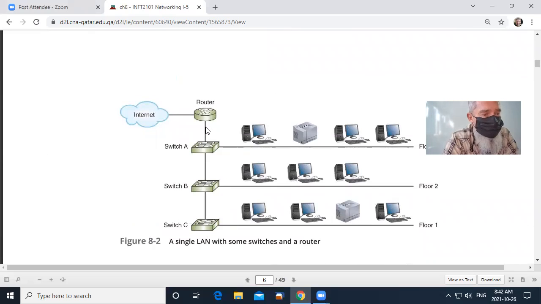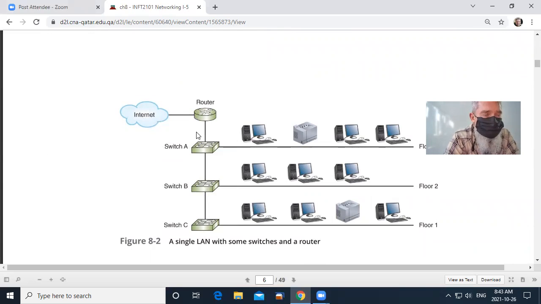And so at the moment, this is the old or the legacy structure, which is with a single router for the entire company connecting to the internet. And then that router through a single port is connected to switches, which are then connected to each other. Now that's a feasible structure, but it's not a particularly efficient structure. So the suggested structure to get our subnetting going is let's put a router on each floor.